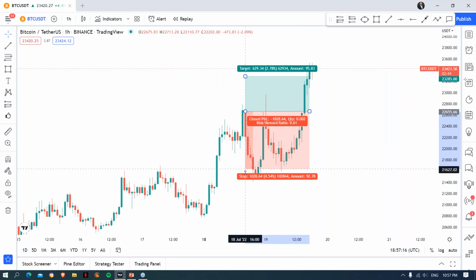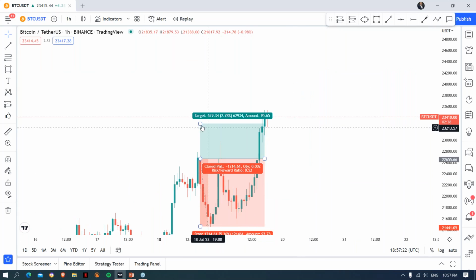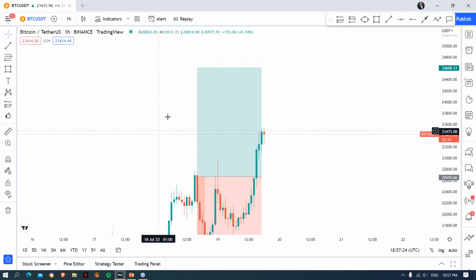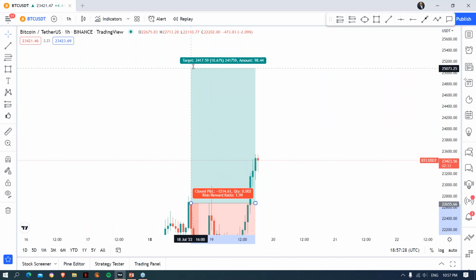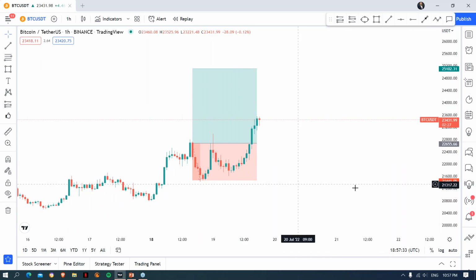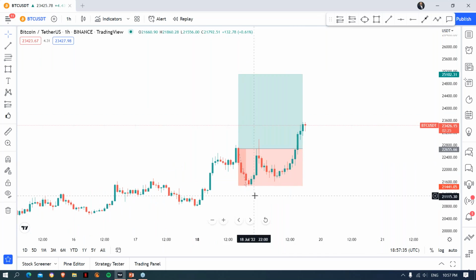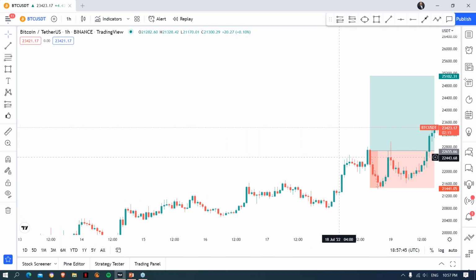So notice how you need to go very high. This ratio is 0.52. For it to actually be profitable, it needs to be something like this, which is 2 to 1. But notice in a matter of 4 hours, we actually reached our stop loss. And this is why trading cryptocurrency on an hourly basis is just too risky, especially